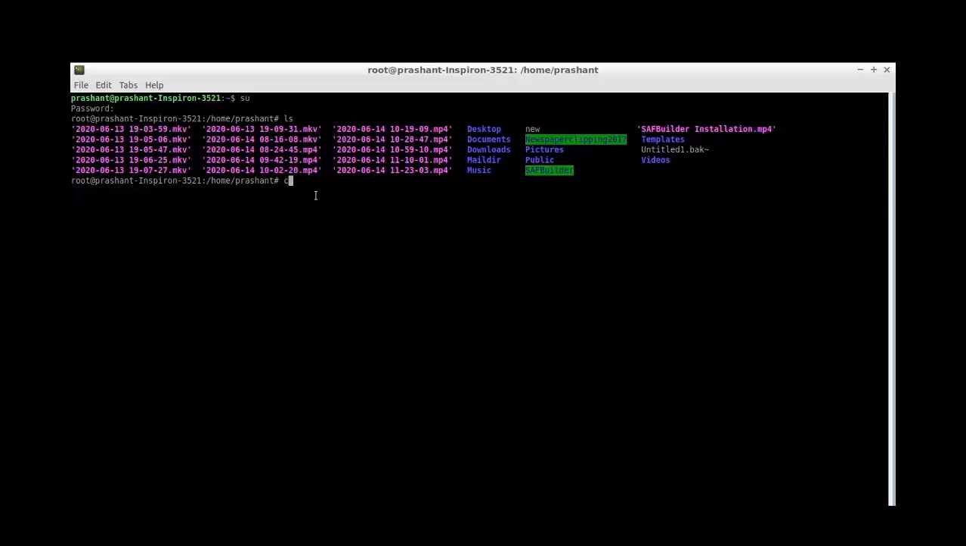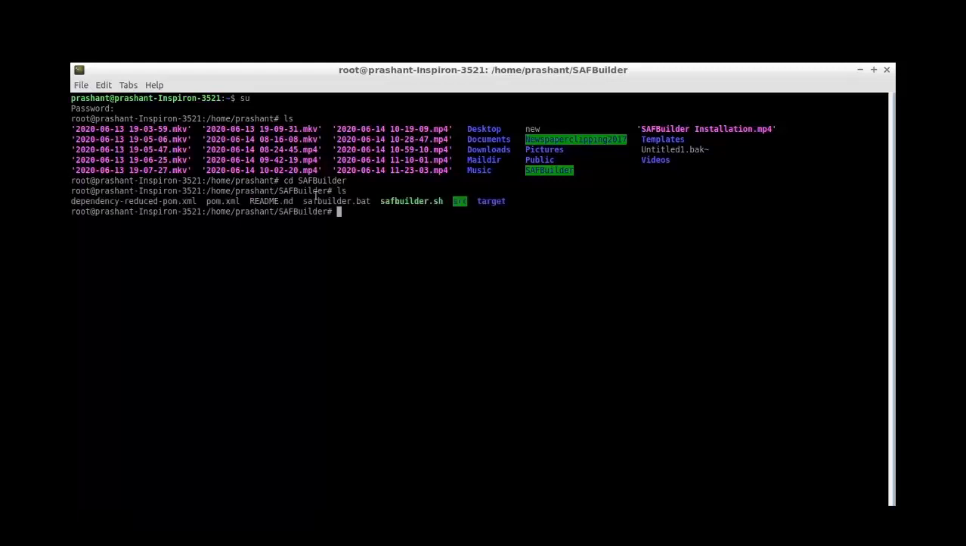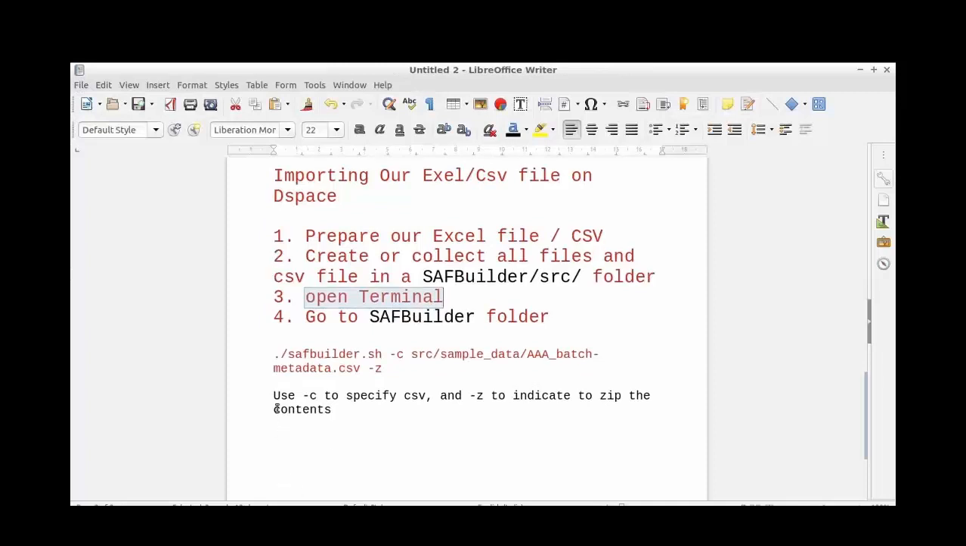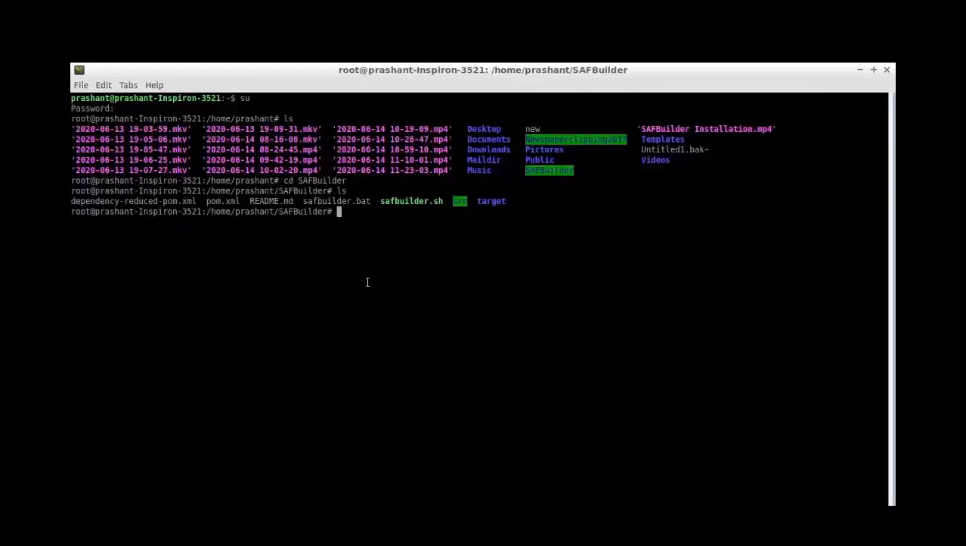I am going into the SAP Builder folder, the command is cd SAP Builder. I am entering the SAP Builder folder. Here I am giving the command. This is the SAP Builder sh file. We have to run this file and create a simple archive format zip file. Look at how I am giving the command: dot slash SAP Builder dash sh